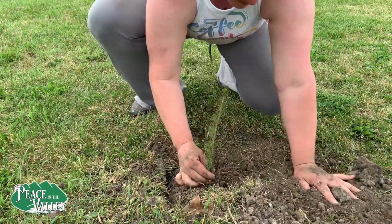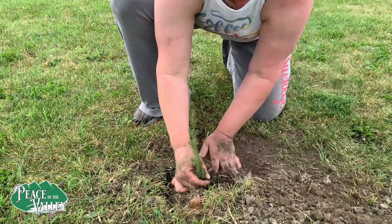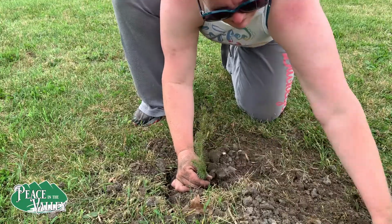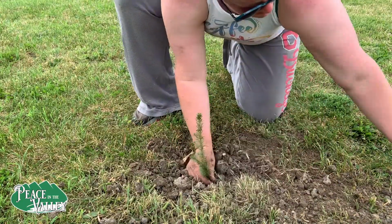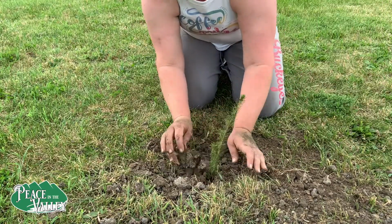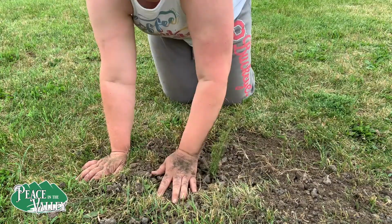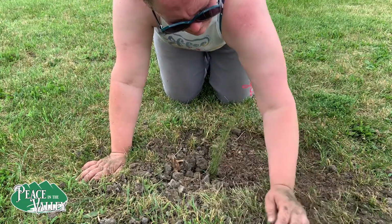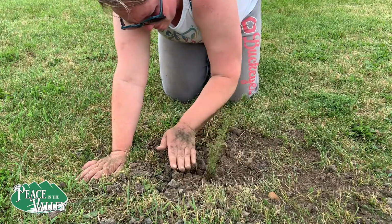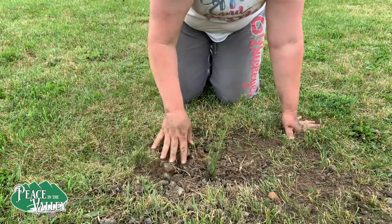We've seen pictures, and there's a building right next to my house where the foundation and the bricks along it are completely cracked and pulled away because of a mulberry tree. And mulberry trees can grow very, very quickly. In a couple of years, they can be a 6-inch diameter tree, lift up and crack a foundation. So you've got to be very aware of this and make sure that your tree planting is done by you,